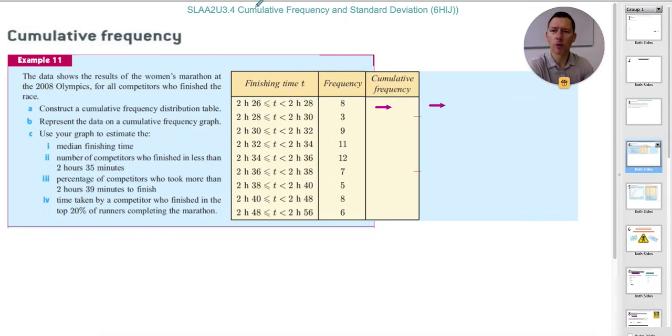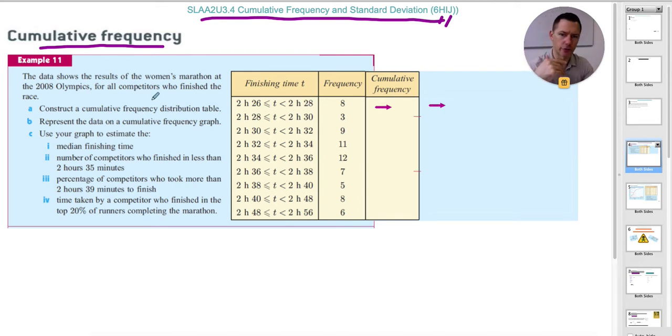We're looking at cumulative frequency, standard deviation, and variance, and it's out of HIJ in the text. Cumulative frequency we've talked about a little bit in past videos. It's the idea that maybe you have runners coming by, and as they come by, you measure the frequency that they come through, and you also keep a tally, a running total, of how many people have come through. So in this case, this example is like the Olympics, and you're standing there with a